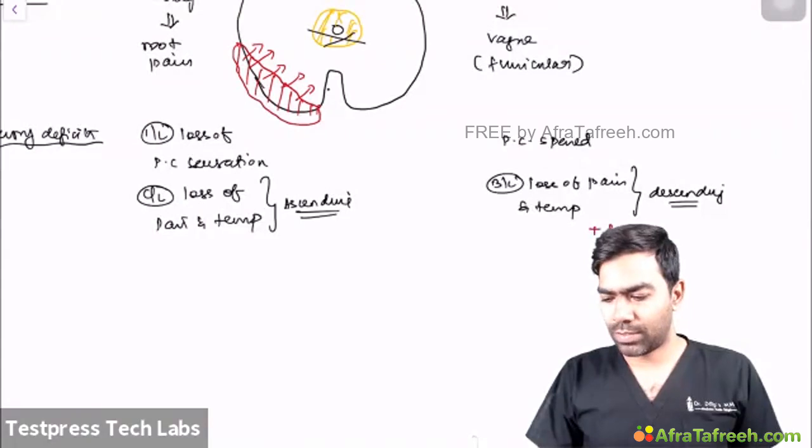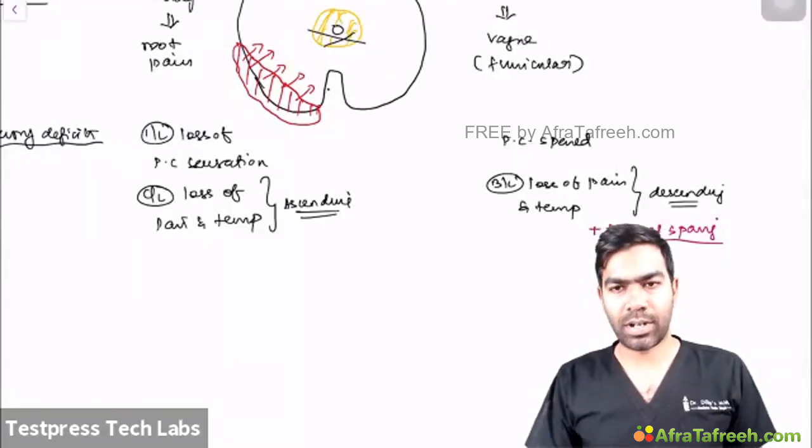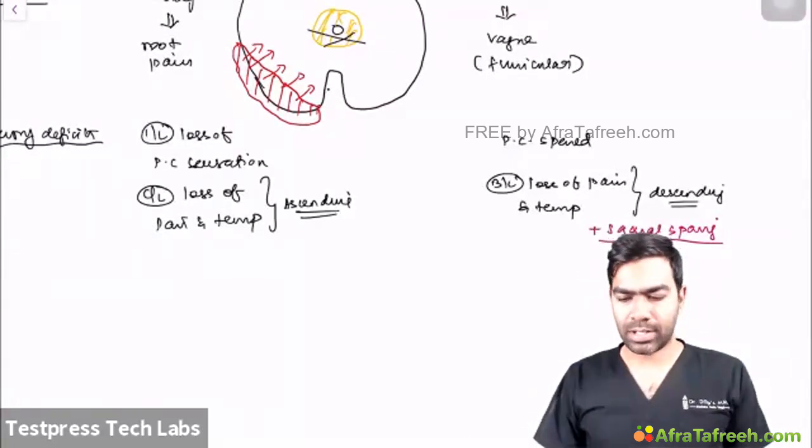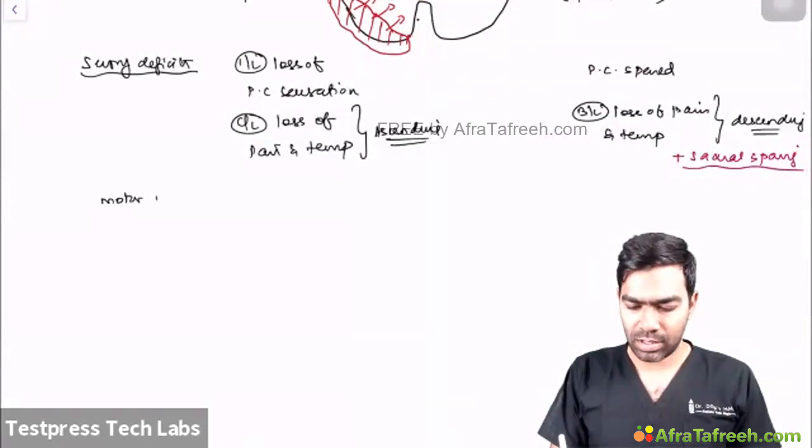Yes. So this word is very important again. This word called sacral sparing will tell you that it is probably an intramedullary lesion, not an extramedullary lesion. Yes, there will be a typical sacral sparing. And as far as the motor deficits are concerned,